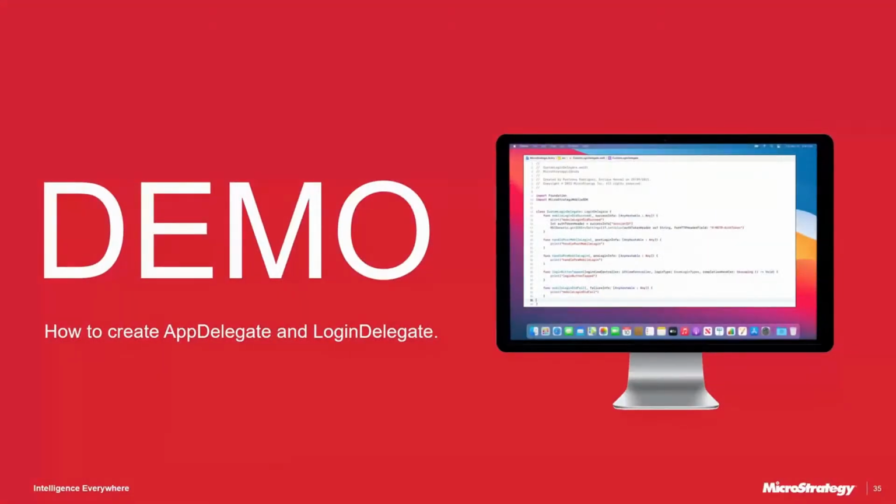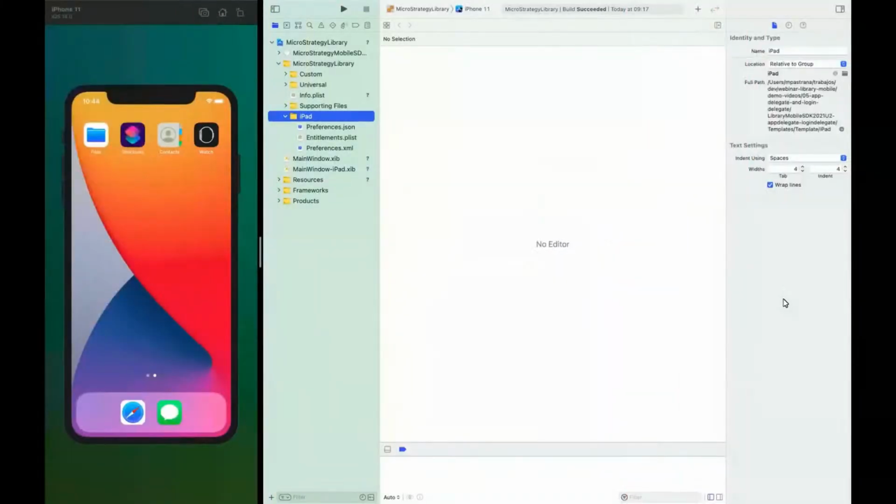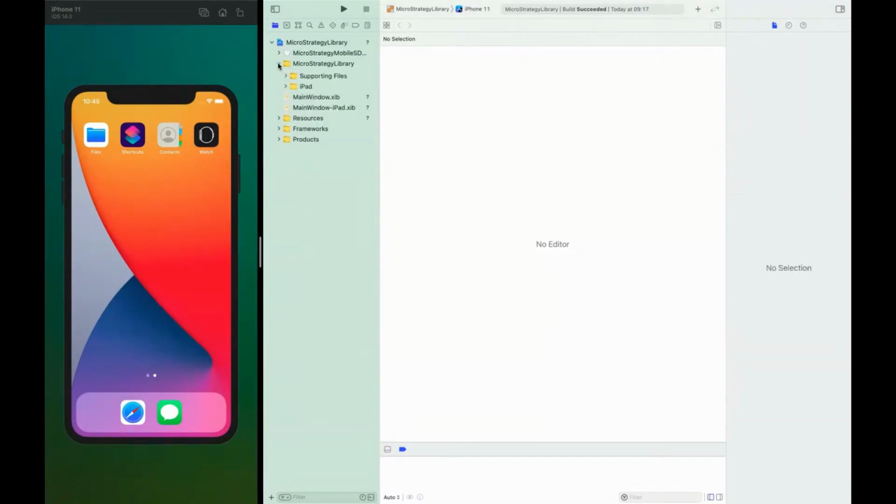Let's create a custom app delegate and a login delegate for our library application. With the custom app delegate, we can intercept some of the app delegate object to perform the actions we need. And with the login delegate, we will do the same. So we can take several actions during the several steps of the login process: before logging in, after logging in, if the login fails or the login succeeds. Let's start by creating a new file